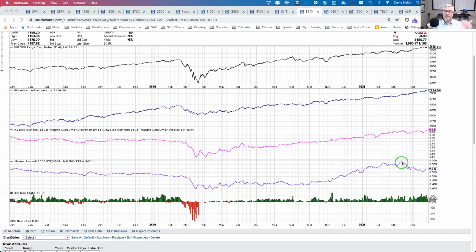In the last month, we've had the pullback in interest rates, and that's caused an underperformance in the financial sector and also has fueled an underperformance in small caps. Very interesting to see if interest rates are able to start hooking higher, which they potentially are doing this week, if this continues to go up along with the outperformance of the financial sector. So overall, it suggested weakness in small caps, which overall suggests sort of a risk-off mentality. However, it'll be interesting to see if that turns higher and indicates some of the leadership rotation continuing.